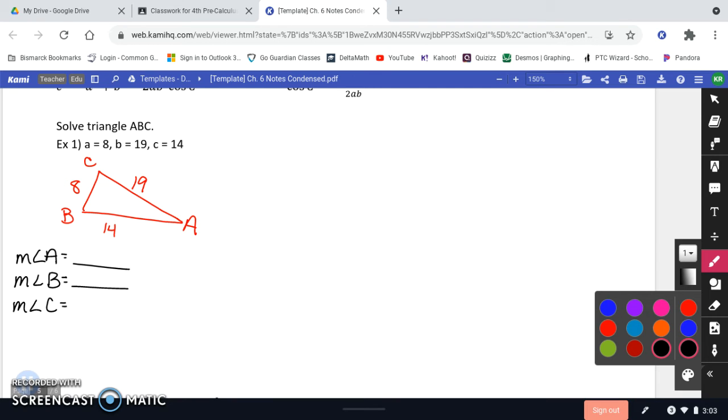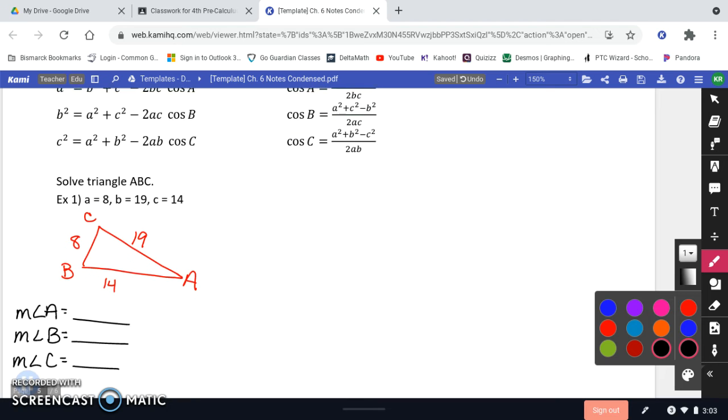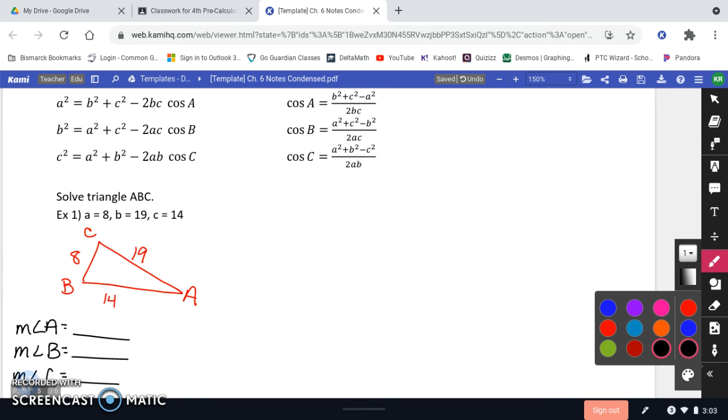So of course once we get the first 2, then we can just subtract from 180 and that will give us our third angle. So let's just start with finding angle A. So I'll be using this first version. So it's going to be cosine of angle A is going to be B squared. So 19 squared plus C squared, which is 14 squared, minus 8 squared all over 2 times B times C. Okay, so then really it's just calculator work. You're going to simplify. This becomes 493 over